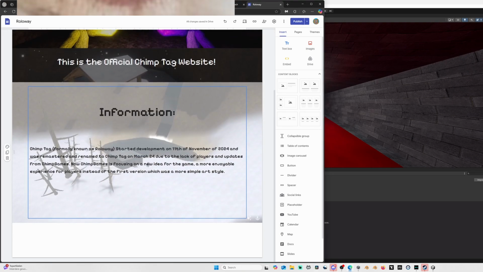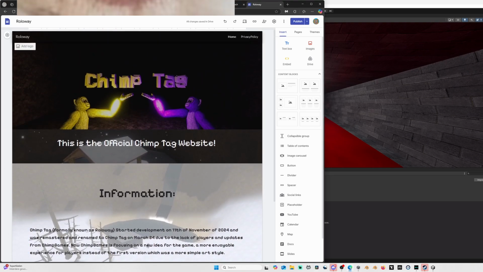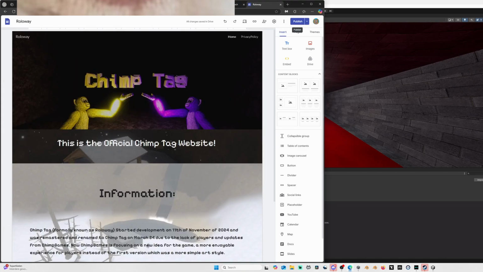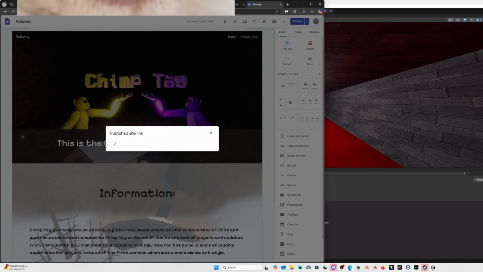So what you want to do is, in the description, it should have a privacy policy basically like this, just without this at the end. You can add it if you want, you don't need to. Okay, so after you've done that, you want to click on publish, and it should ask you to make a link for your website. So just call it your game name and then VR if that doesn't work. So just Mankey VR. Then what you want to do is click on this little thing, click on copy,